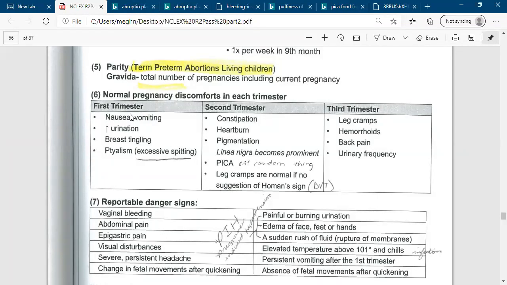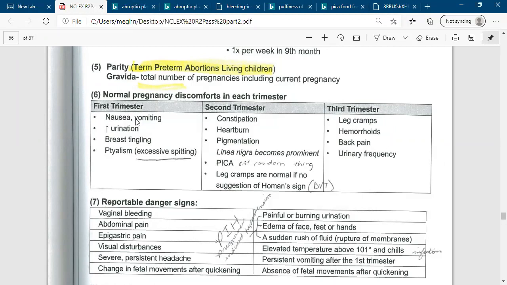So first of all, in the first trimester, the most common sign is morning sickness. Morning sickness means nausea and vomiting. If a mother has morning sickness because of a blood sugar level drop, tell the patient to eat